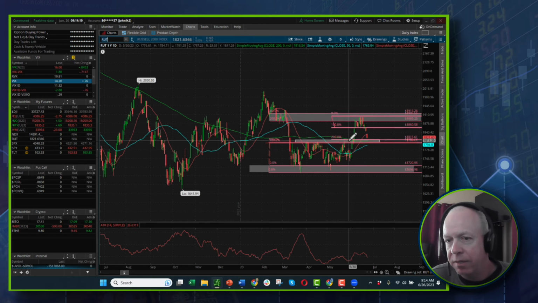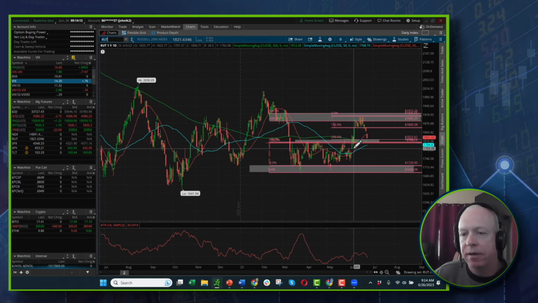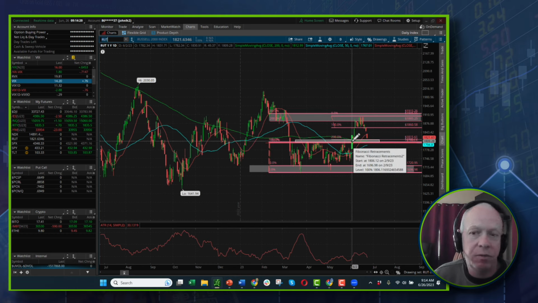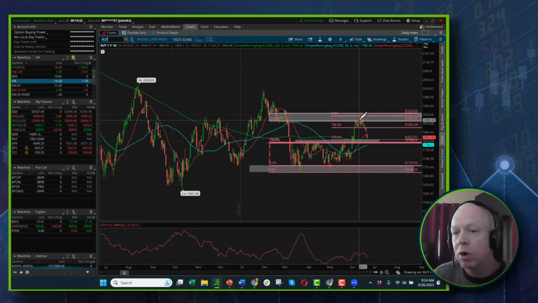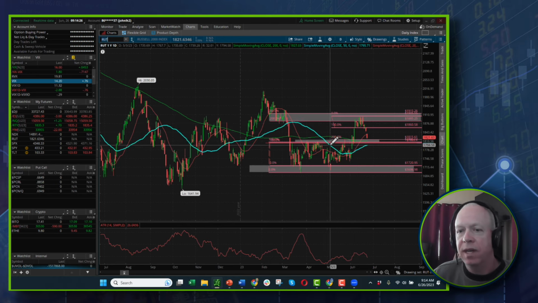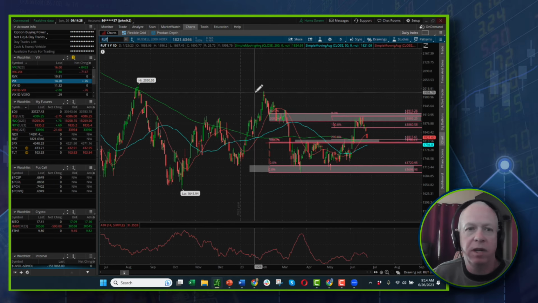You get a pullback in the marketplace, and next thing you know, you're up a bunch of money right off, and you have an easy trade. If you get this breakout, then your thesis has essentially failed. You exit the position, you try that again up in here, and you do the same thing over again. Okay, so that's a good thought there.